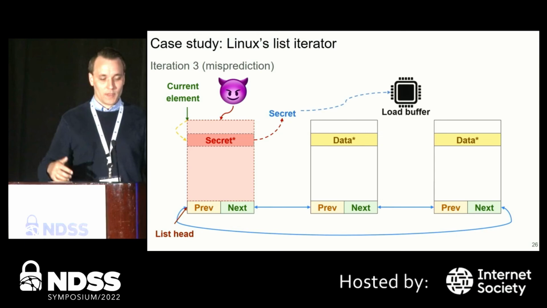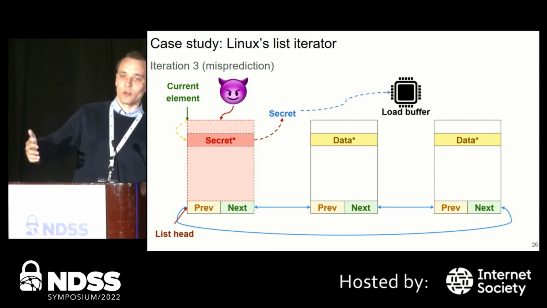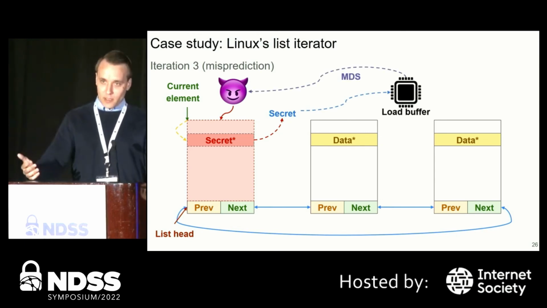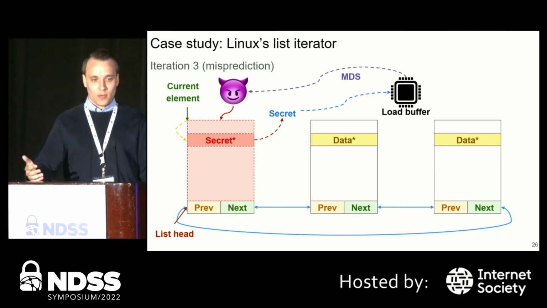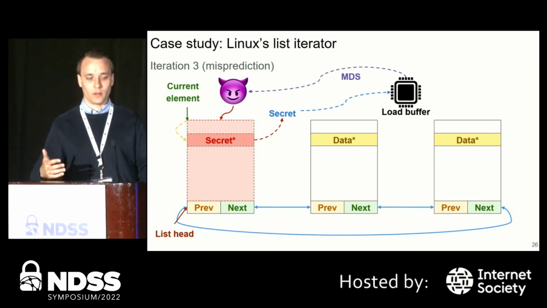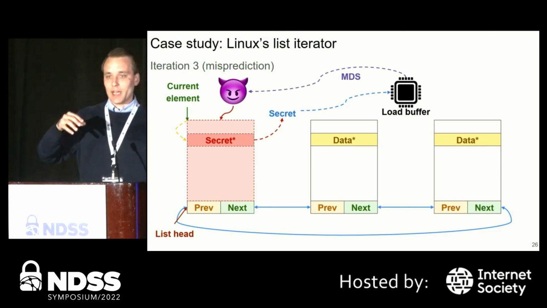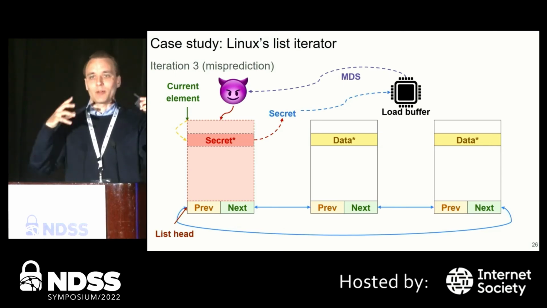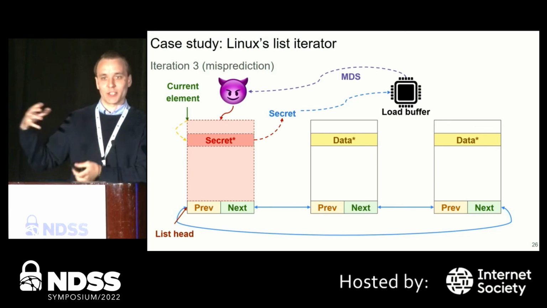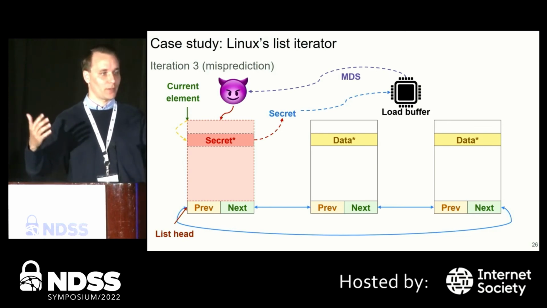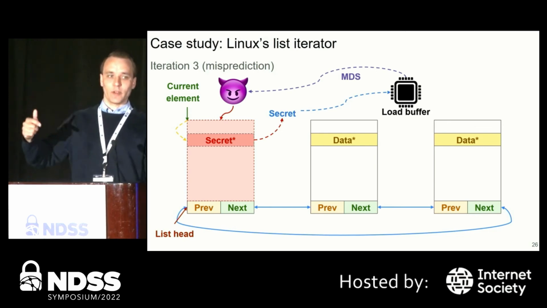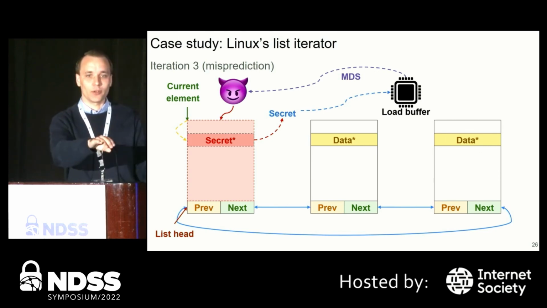Then when the secret's loaded, it goes into the CPU's load buffer, and the attacker can exfiltrate this via MDS. So this list iterator gadget doesn't conform to the normal bounds check bypass gadget pattern that we all know and love. It's a totally different way of thinking about Spectre gadgets, but every time the kernel iterates through a list,